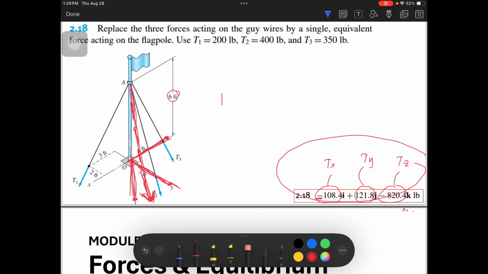So, magiging T is equal to square root ng negative 108.4 squared. That's the X component. And then 121.8 squared, that's the Y component. And then negative 820.4 squared. So, ang T natin is equal to